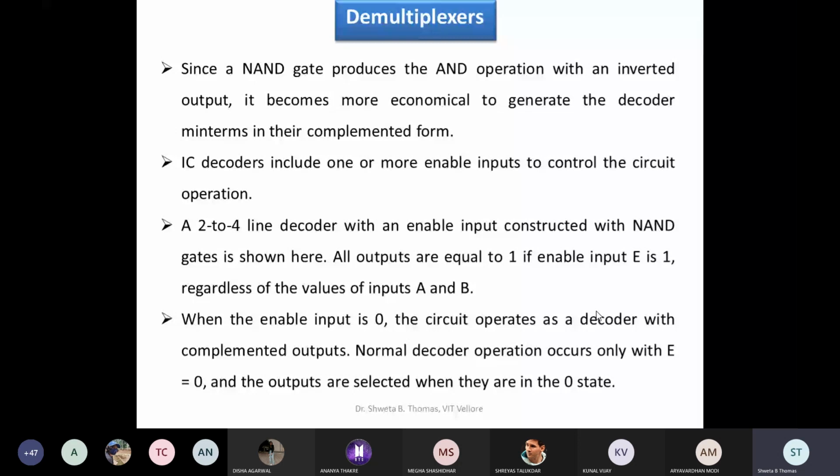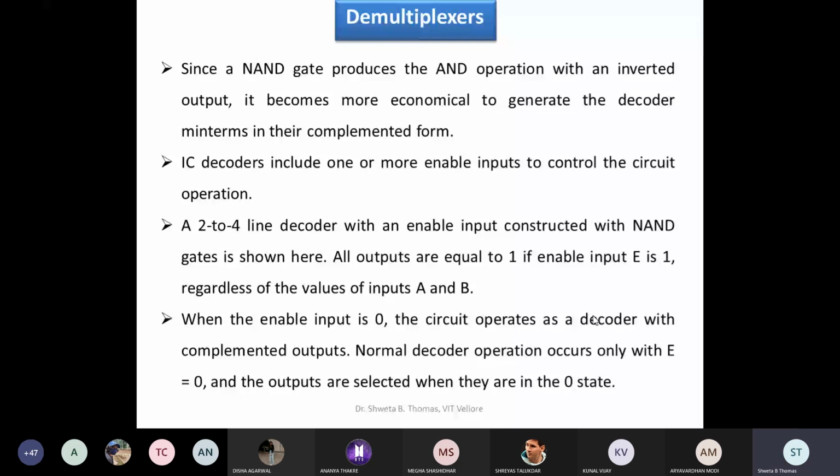Now, next we will start the demultiplexer. Let me tell you one thing. Demultiplexer and decoder are actually the same, but we explain these two in somewhat different ways. One demultiplexer can act as a decoder, and a decoder can act as a demultiplexer. We will read the sentences one by one and give stress to some particular points. If you have any doubt, meanwhile, you can ask me. If you are aware of the decoder, you can understand the demultiplexer very easily, and why we need it we will discuss also.